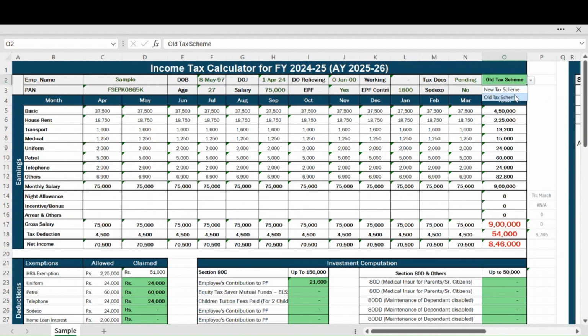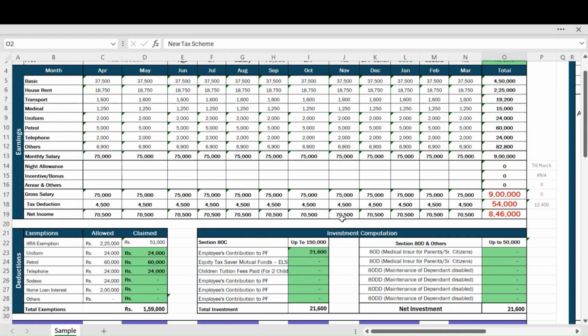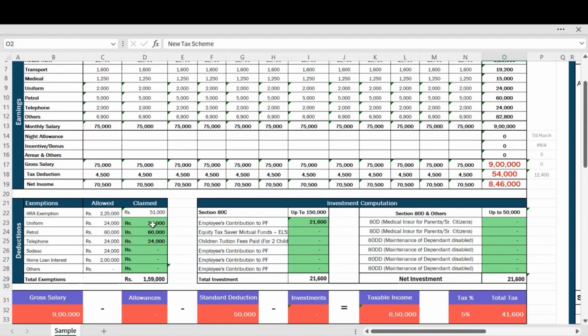So if you want to opt for the new tax scheme, just select the new tax scheme. When you select the new tax scheme, you will not have to provide any documents. This is mentioned here already by default, but in this section,